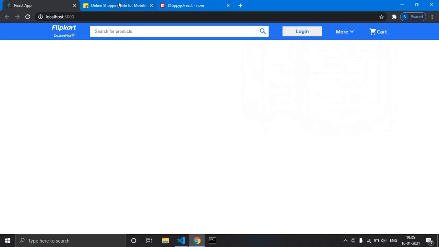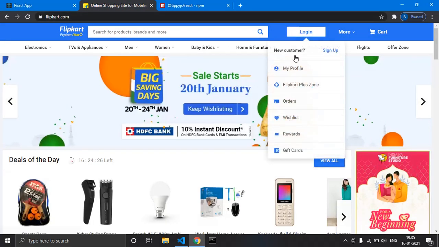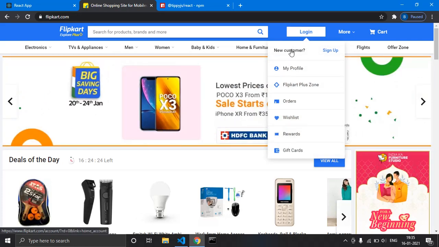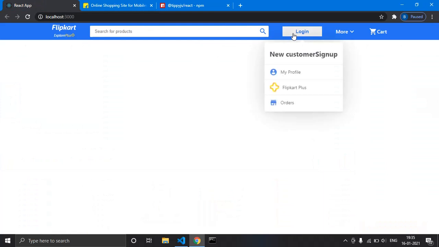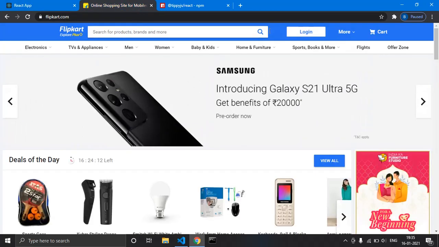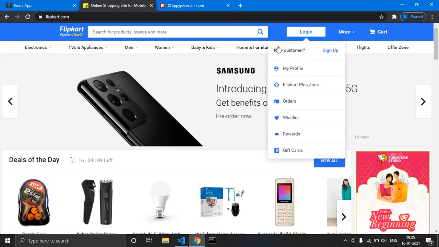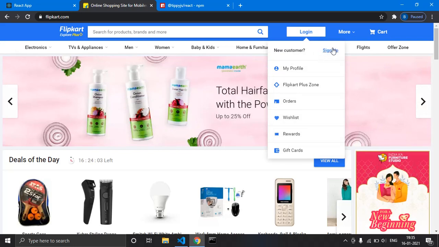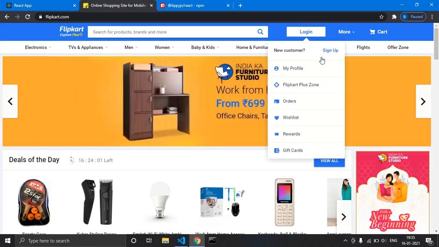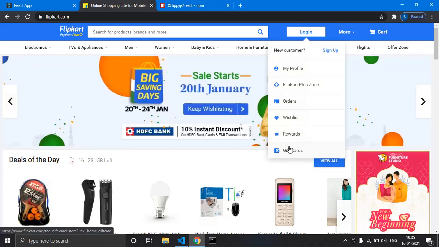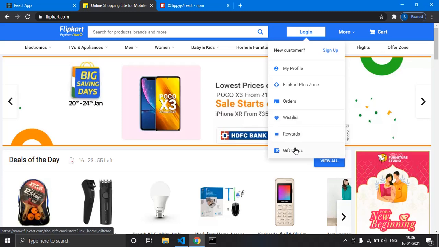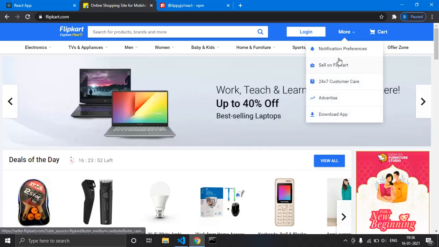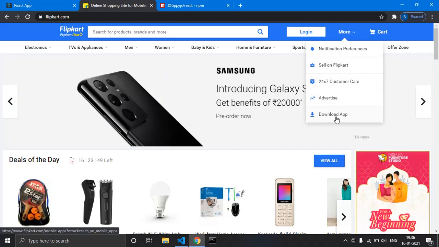So the homework for you is, when you hover over this login button, we are getting a number of parts, but in this video we only made 3 of the parts. Make sure you style this new customer sign up as well. Just decrease this font size and make sure font weight is the same, and also decrease this font size and give that color as blue. And make sure you import all the icons. I have already shown the icons, so make sure you have imported them and place them in the login tooltip component. And more tooltip, we almost have everything covered, right?